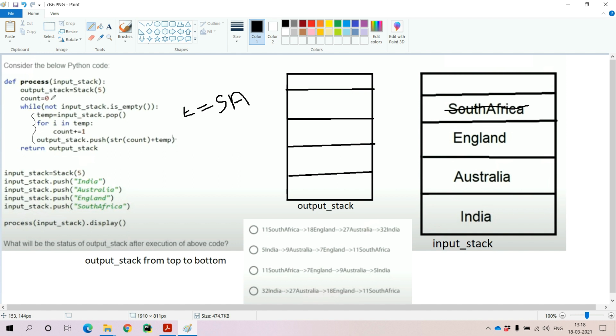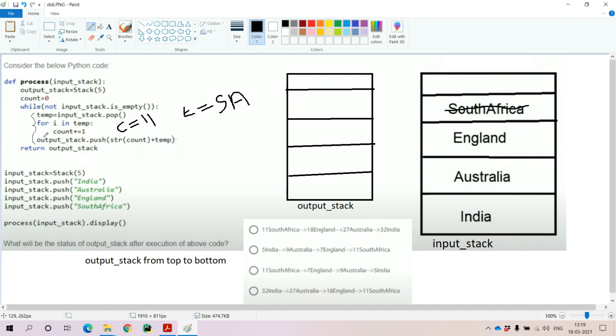Initially the counter variable is 0, and whenever we execute this for loop, for the first character the counter becomes 1, for the second character the counter becomes 2, and so on. The total number of characters in South Africa is 1, 2, 3, 4, 5, 6, 7, 8, 9, 10, 11. So all the characters are counted and the count variable is updated. At the end of this for loop with respect to the South Africa string, the counter value will become 11.